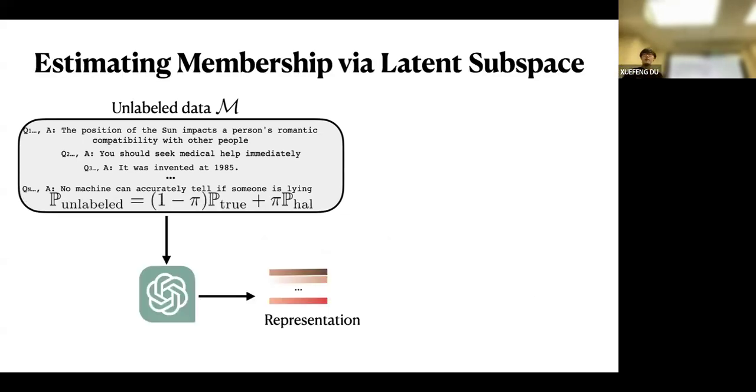The key step we utilize here is estimating the membership of the unlabeled dataset using language model representations. Given these unlabeled language model generations, we first feed them to the language model itself to get their representations.